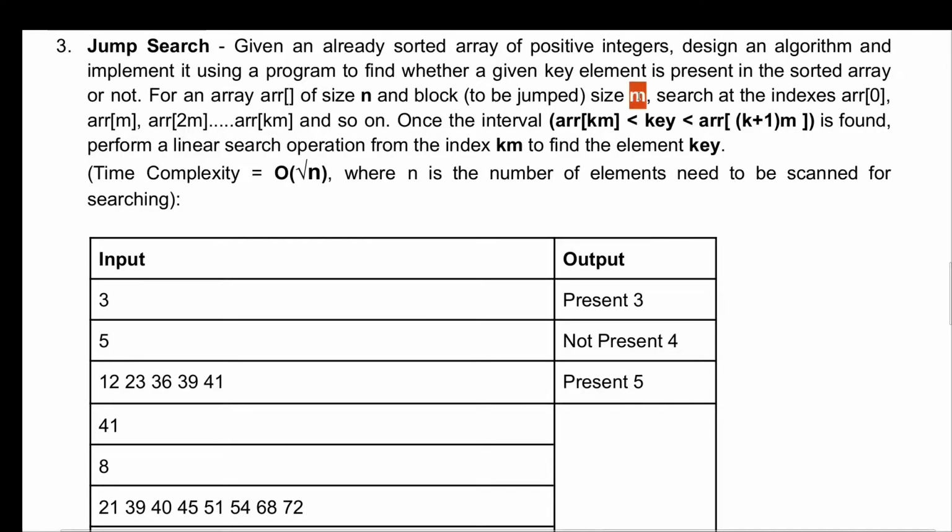Sometimes you can take root n and get the value of m. Suppose n is 9, then m will be 3, or if n is 100, m is going to be 10, and that is perfect. In this case we will not face any issues or find any difference in the algorithm. But if the number is something like 105, its root is not going to be a whole number. It is going to be a real number, something like 10.3.